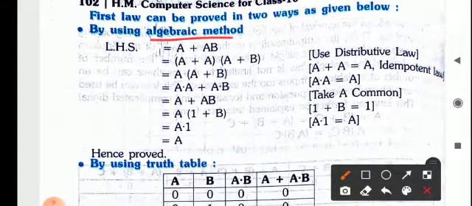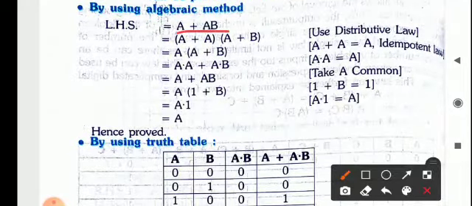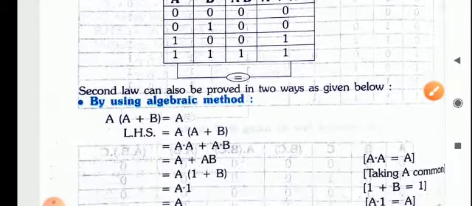Okay. Now with the help of the law method, how are you going to change it? You can see here A plus AB is there. So if you factorize further by using the distributive law, A plus A and A plus B. Now taking A common, and then we have A plus B. A plus A is how much? A, and then by the idempotent law, A dot A is equal to A. Okay. So this you can see here it is written, and AB is copied as it is. And now taking A as a whole, in place of A it will become 1, and 1 plus B can also be written as 1. So A dot 1 is then equal to A. So this way you are going to simplify a Boolean expression.